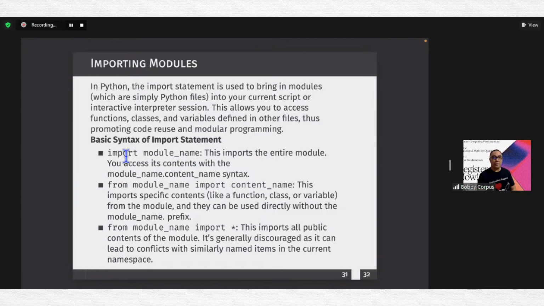So these are the basic syntax, no? So import, name the module, no? Or you can also do from module import content. So ibig sabihin, you have a module name or a library, and then you just import a certain function. Dito naman, you import the entire module, but to reference the function in that module, you have to give the module name, no? Which I'll show later, no? Tapos ito yung third, no? You import everything, but this is not